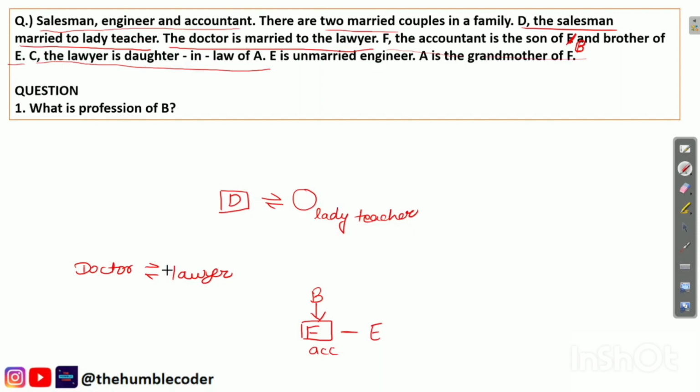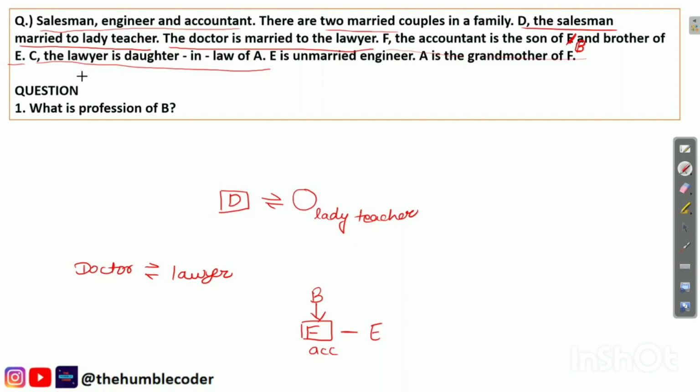So suppose you can think of it like this. There are two married couples. Now we have got it from the question that there will not be any married couple no more in the family, right? Because we have already found two. Now the daughter-in-law relationship is between them only, right? So we know that D is there and he has a wife as the lady teacher. So the son of D will have a wife and that wife will be the daughter-in-law, right?